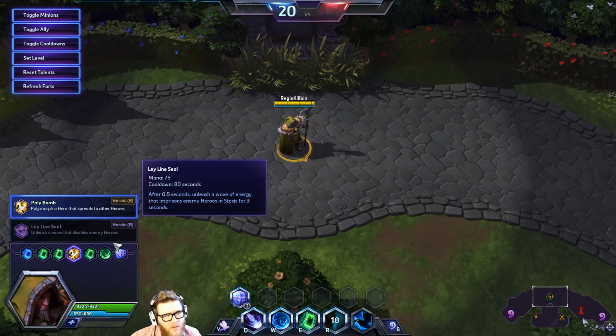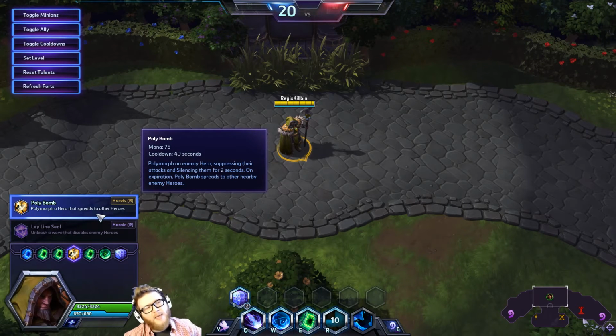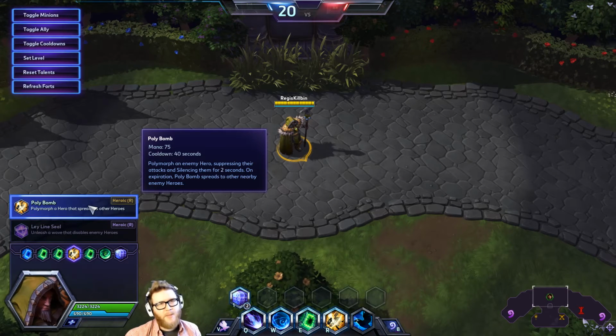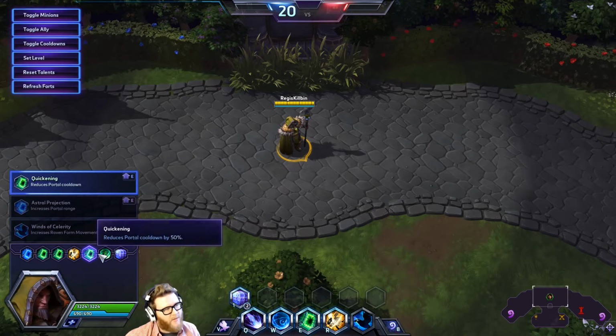It's somewhat harder to utilize. It's maybe better among extremely organized play, but Polybomb is great against disorganized opponents that don't quite know how to handle it, or in tight, cramped spaces where they can't avoid it. Plus, it's just a silence on a 40-second cooldown, which isn't that bad at all. Even if it only hits one hero, sometimes it's enough to make a big play. So Polybomb's a pretty fantastic heroic. It makes Medivh a very scary